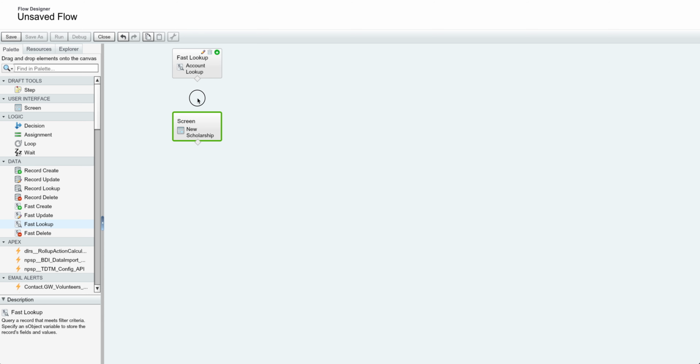So the first thing we're going to do is join this first lookup to our screen, and I'm going to make this the starting point. And you need a starting point in a flow. So when the flow runs, this will be the very first step: we're going to look up the account from the account ID. And then the next thing we're going to do is ask the user for a couple of fields of information. And then the last thing we want to do is